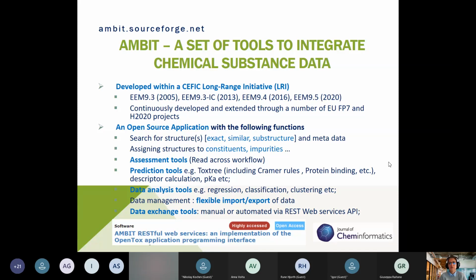a large number of Commission FP7 and Horizon 2020 projects. I think there are more than 10 up to this moment. Because it's open source, we can accumulate this functionality across all these projects without having the hurdle of IP protection and which project contributes what. So this is really contributing to accumulating